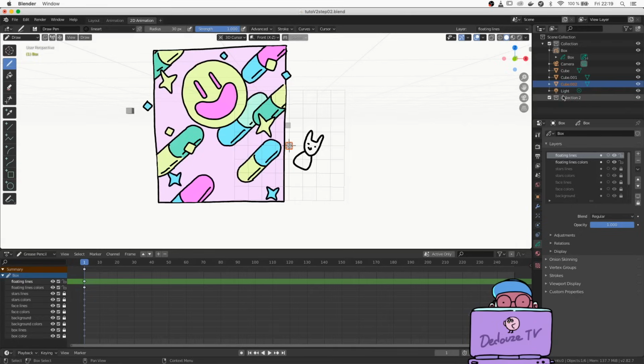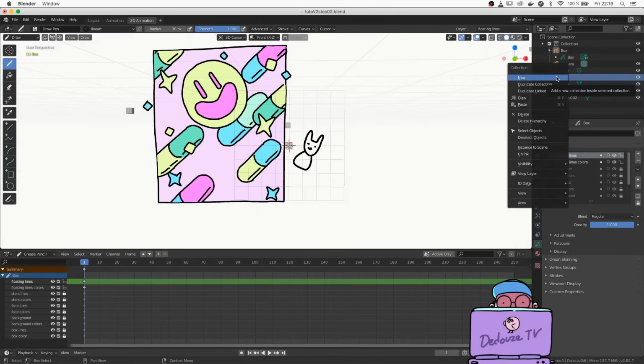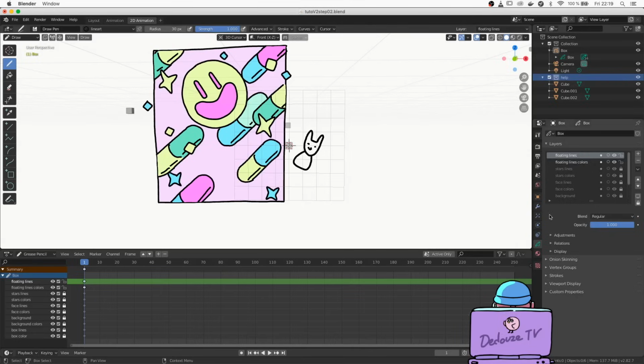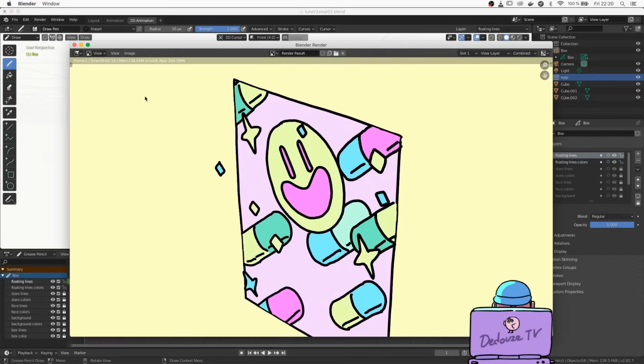We have a new collection now. Double-click on the name to rename it. You can name it Help and select the cubes in the outliner. You can press Shift to click on multiple objects. Now drag all the cubes inside the new collection, and on the collection name, right-click and set visibility, disable in render. So for now, the cubes still appear in the viewport, but when we render, we don't see them anymore.